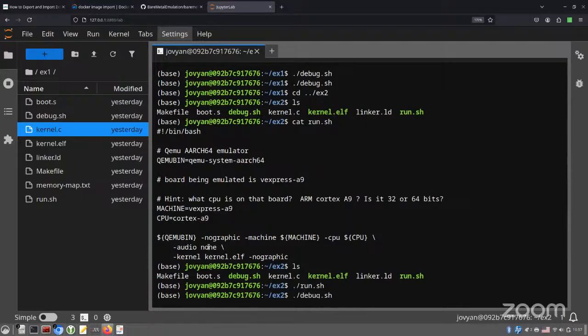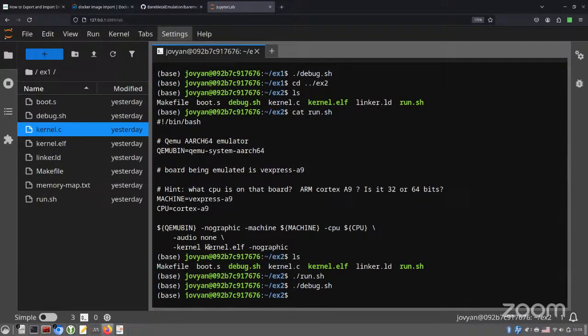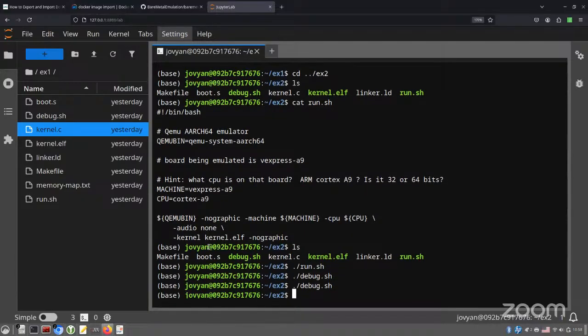If you try to run debug.sh, it won't even stop for the debugger. It will notice that it's the wrong architecture and it will immediately exit. So if you try to run debug.sh and it returns immediately, it means that you have to rebuild the code